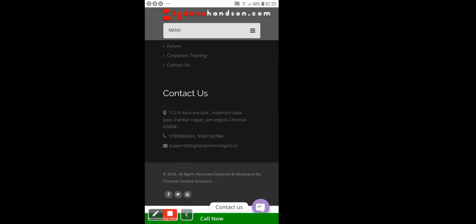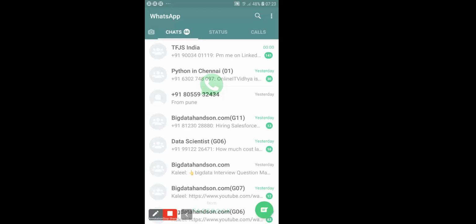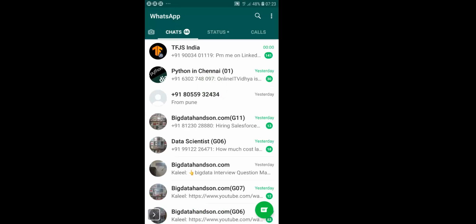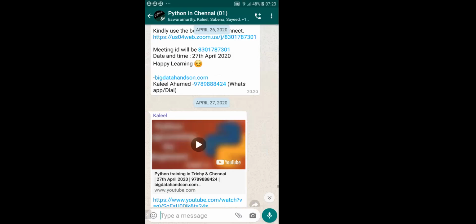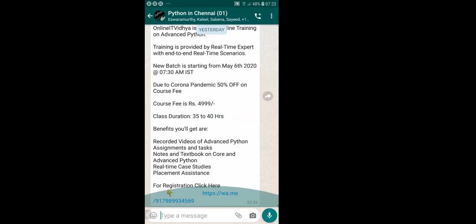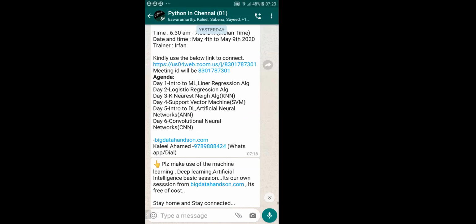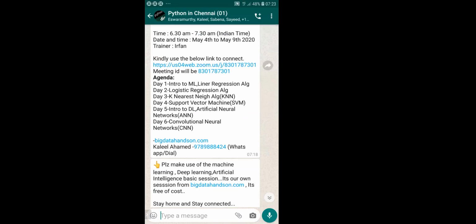Tomorrow we will go with the next topic, the k nearest neighbor algorithm, KNN. Then on day 4 we will go with the support vector machine.